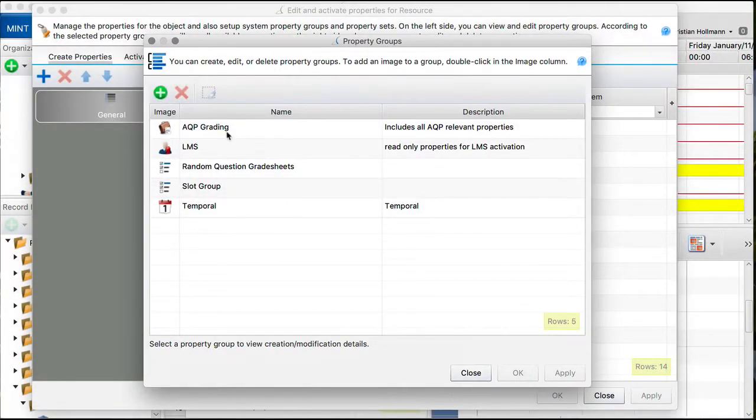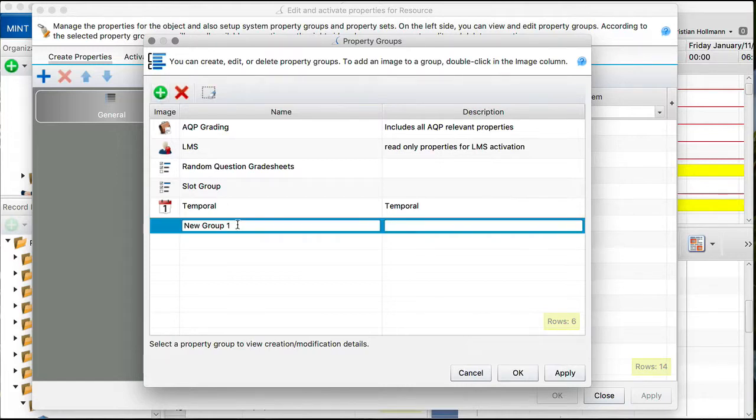Opens this window, and let's say we want to have a new property group for all our properties with contact information for a resource like address, email, phone number, etc. So we go in and call this new group contact information,